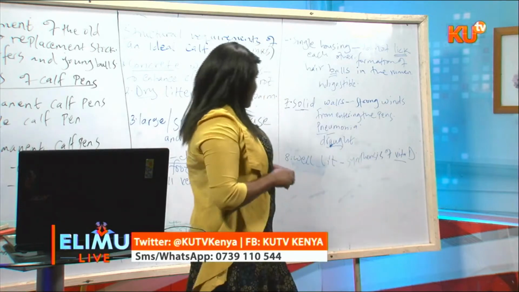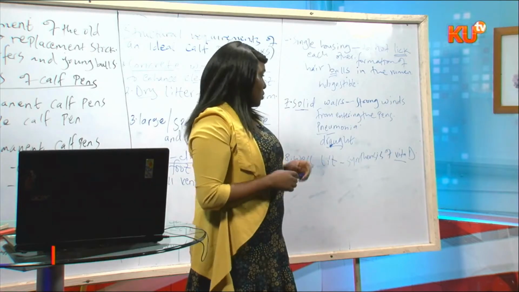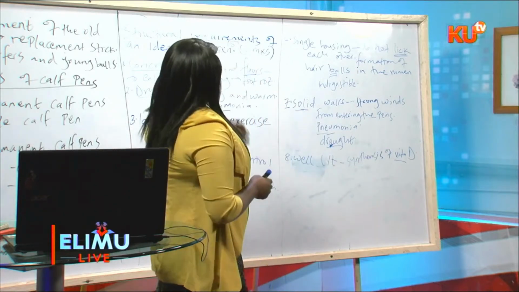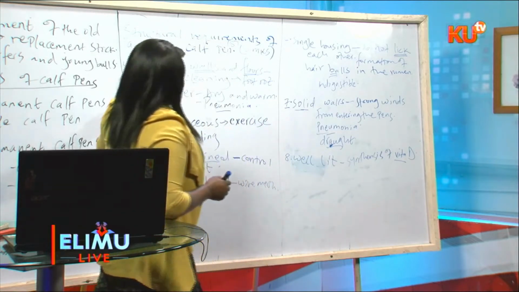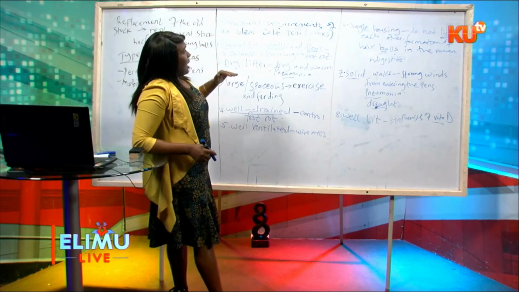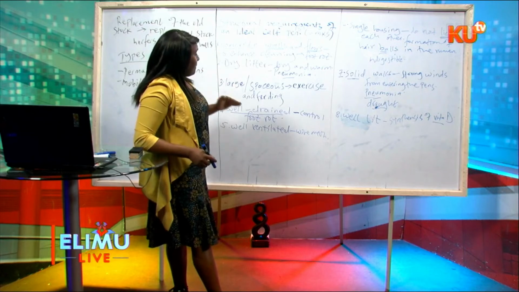The deficiency of vitamin D causes which particular condition in livestock animals? So learners, those are the major points in this bit, and I would like you to follow each one of them,